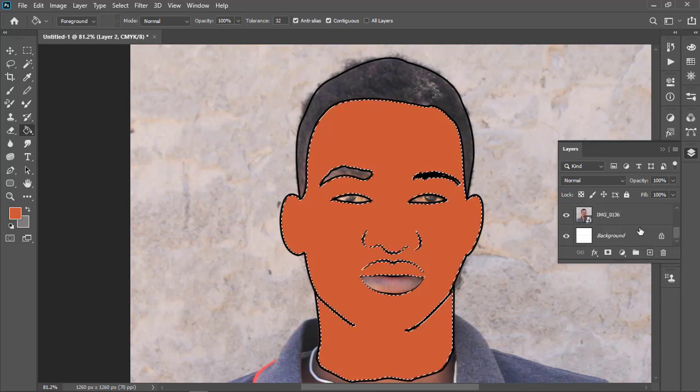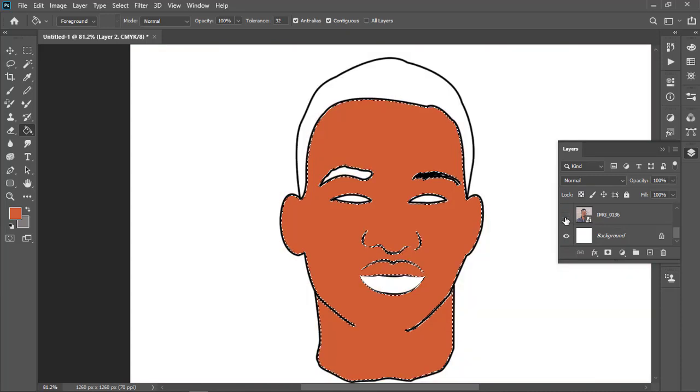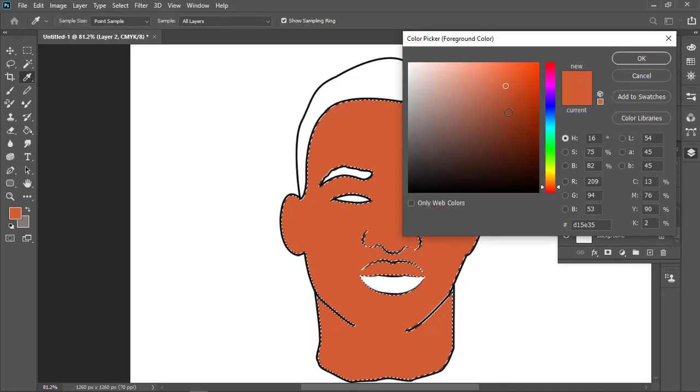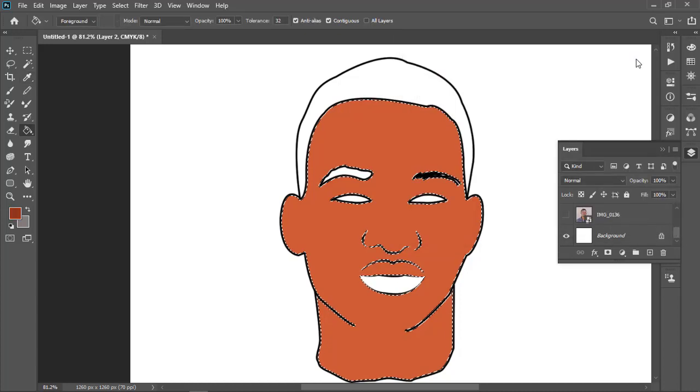After creating another layer, on this one we are going to start painting. Since this is the color of your skin tone, just change it, make it a bit darker, maybe like that. You press OK. The next thing after doing that, you go back to your brush.